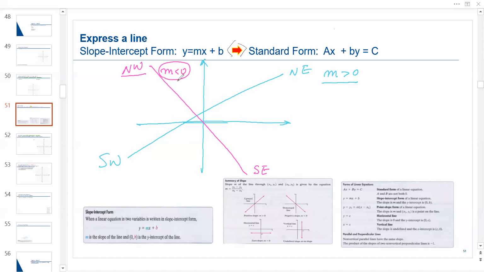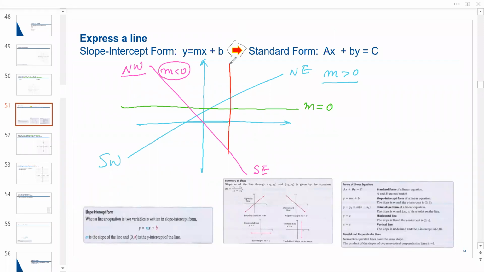And when we graph a horizontal line, the slope is equal to 0. When we graph a vertical line,